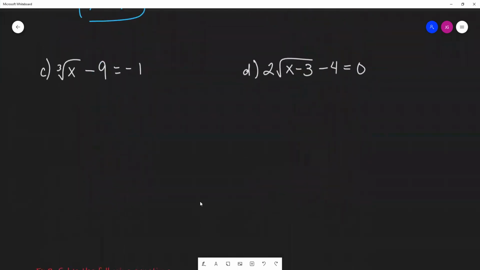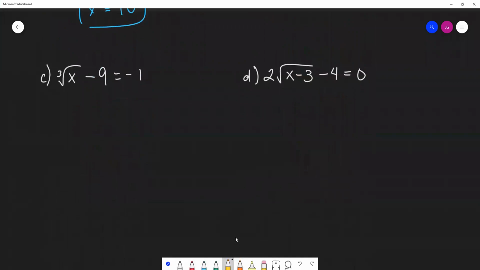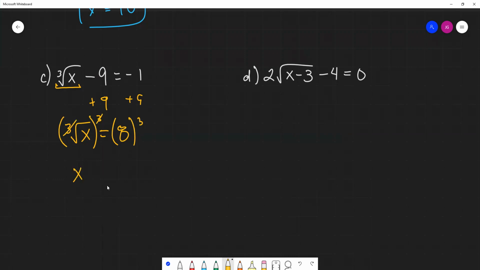Next one. Cube root of x minus 9 equals negative 1. So here's kind of where that little hint at the beginning comes into play. Make sure we get the radical expression by itself first before we raise each side to the third power. So first thing I want to do is add 9 to both sides. I get cube root of x is equal to 8. And then here is where we raise both sides to the third power. So I get x, because these will undo each other, x is equal to 8 to the third power, which is